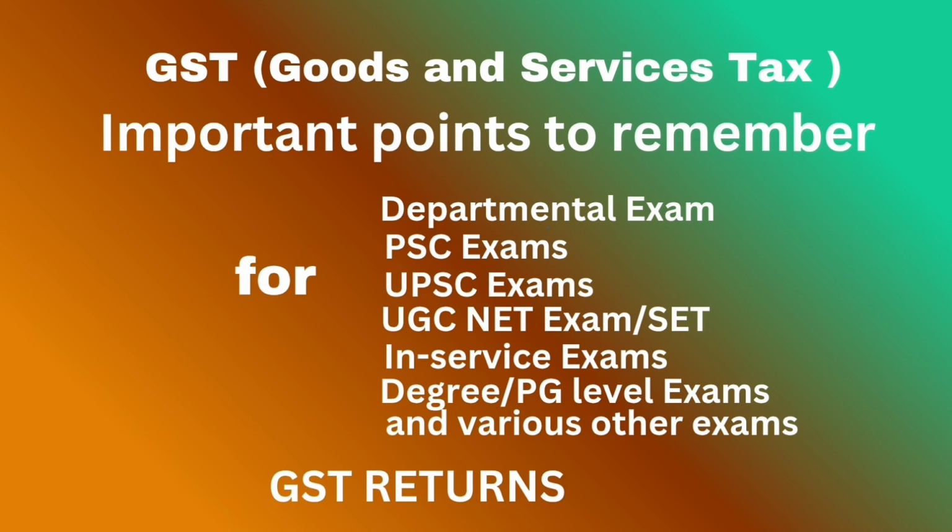Then next, due dates for furnishing Form GSTR 3B. GSTR 3B can be filed monthly or quarterly, and the due dates for filing are as follows. For monthly GSTR 3B, on or before the 20th of the month succeeding the month for which the return is furnished. In the case of quarterly GSTR 3B, on or before the 22nd or 24th of the month, depending upon the state, succeeding the quarter for which the return is furnished, in case of a taxpayer